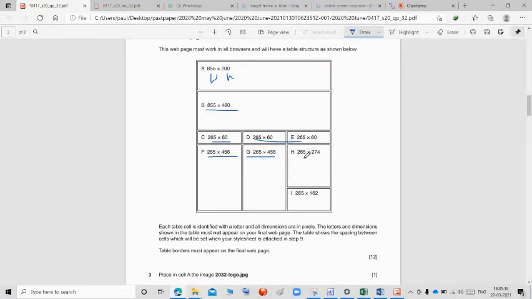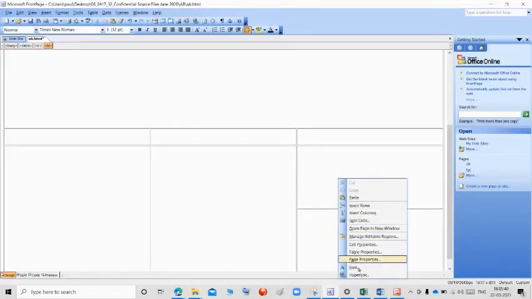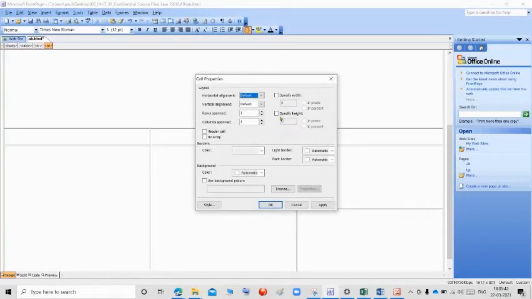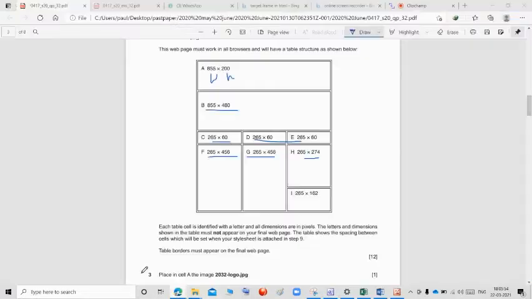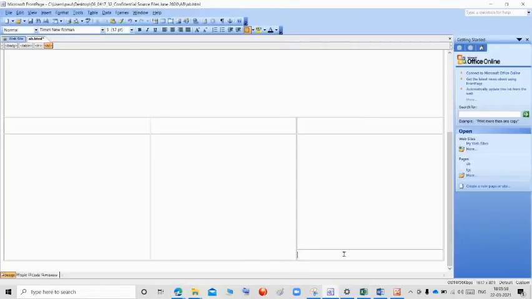Next in these two they are giving this one as 265 and 274. This one will be 265. Apply. The last one, the dimension will be 265 and 162.